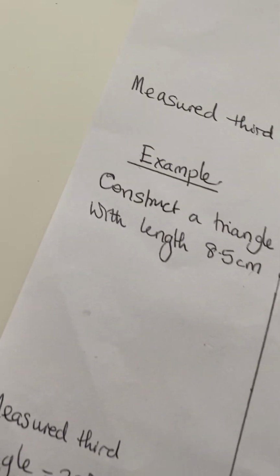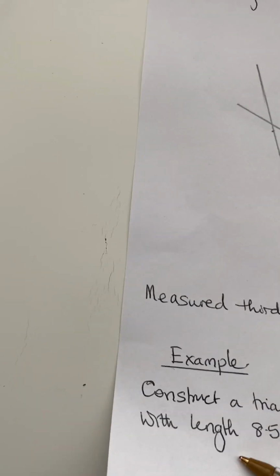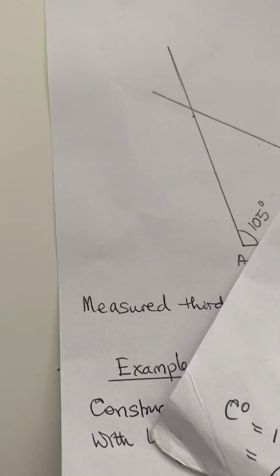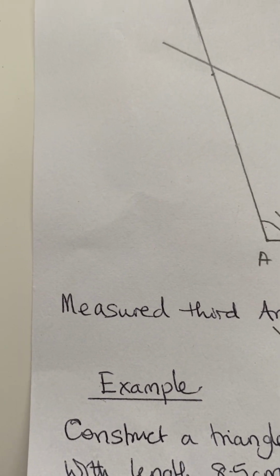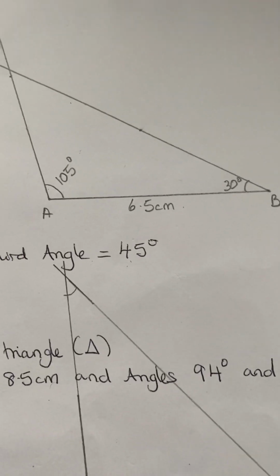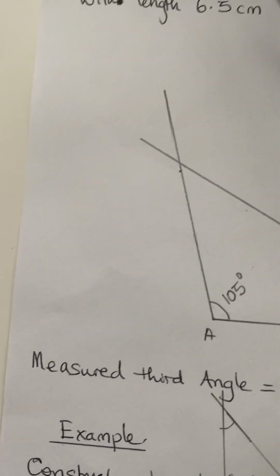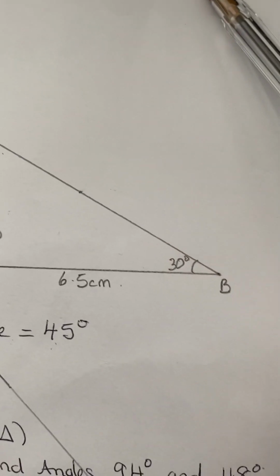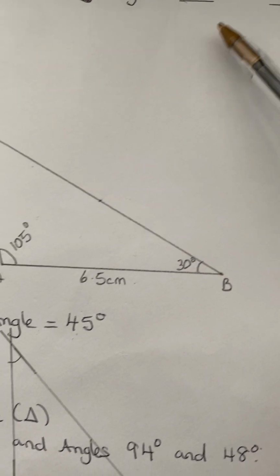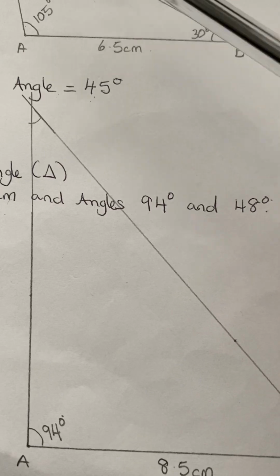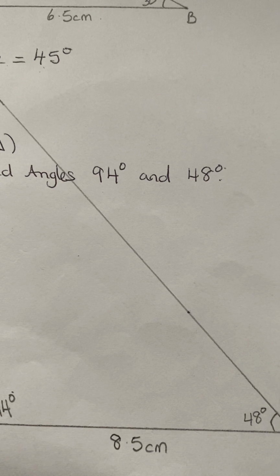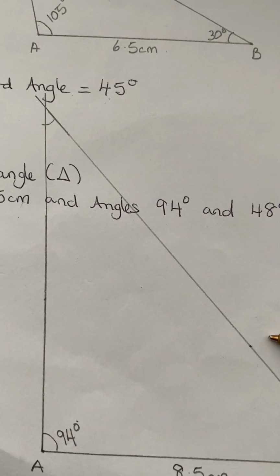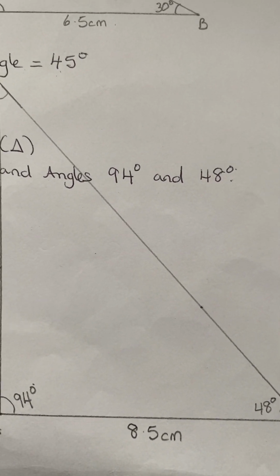And then I've shown you step by step how to draw a triangle with 1 known side and 2 angles. Assume you've been given a length and 2 angles. If you have a question like that and you don't understand, go and try it, watch the video, go and do it, and then